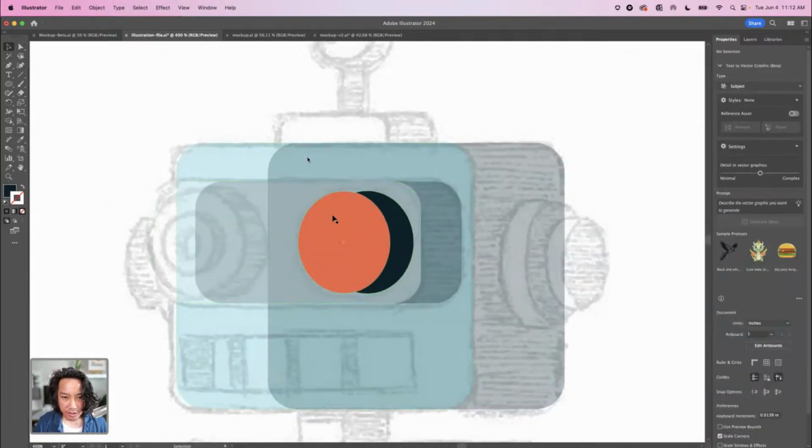Okay, so check this out. You're looking at this and you're like, okay, that looks more like a shadow, and this circle here is kind of floating on top of, we don't want that. We kind of want this more looking like a cylindrical shape, right? So what we're gonna have to do is, if I zoom up really close here,